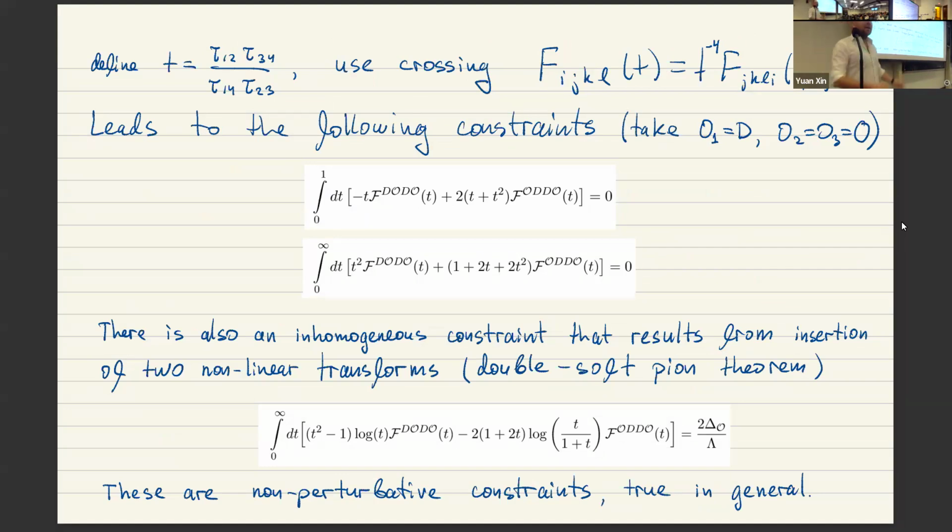For a particular choice of my 3 operators, I get this type of integrated constraint. So this is really the analog of a soft pion theorem. Then there is another constraint, which is basically a double soft pion theorem, where you insert 2 soft pions, and then you get some non-trivial right-hand side, which is some sort of linear transformation that appears from the commutation relation of the conformal